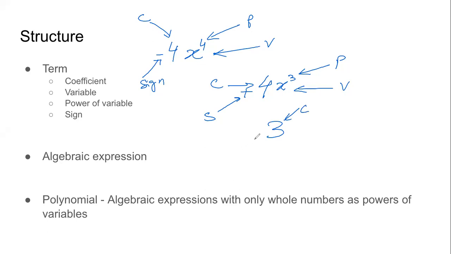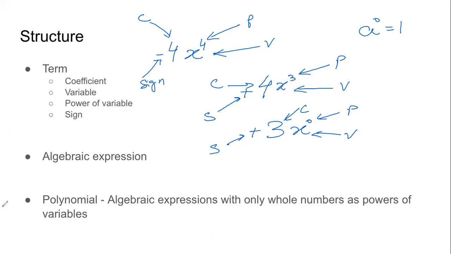It will become a coefficient in a little while. Now the sign, we have not put any sign here, so there is a plus sign. Where is the variable? It is not there. So what happened? Now comes the concept of indices. Anything to the power 0 equals 1. So when we say 3, we can also say 3 into 1, which can also be written as 3 x to the power 0. So now the variable is x. Now the power is 0.